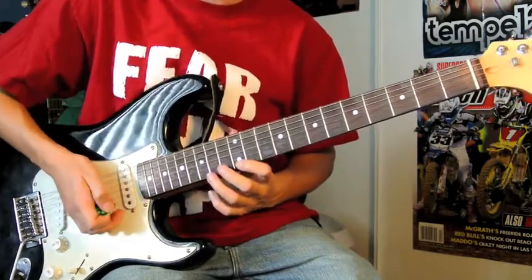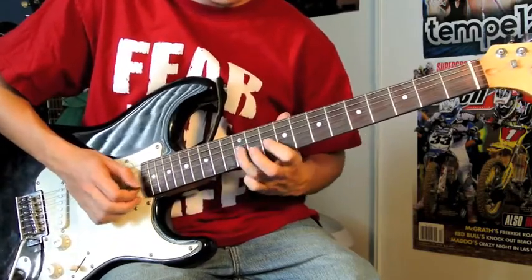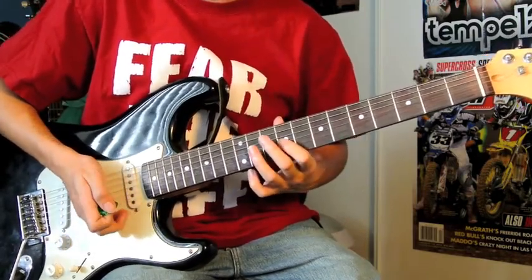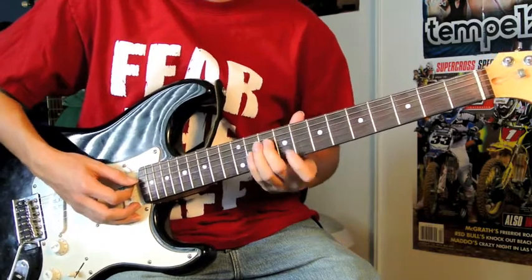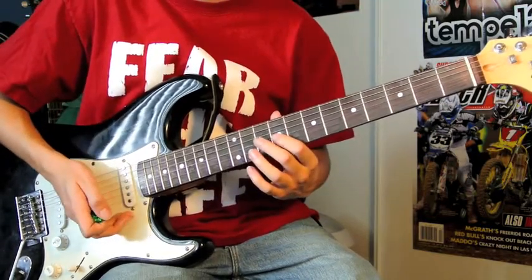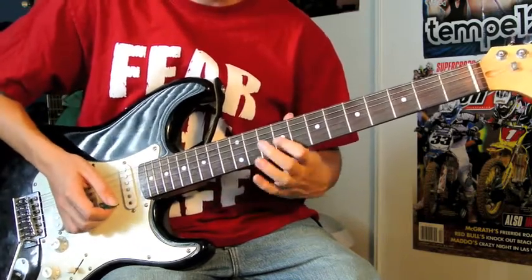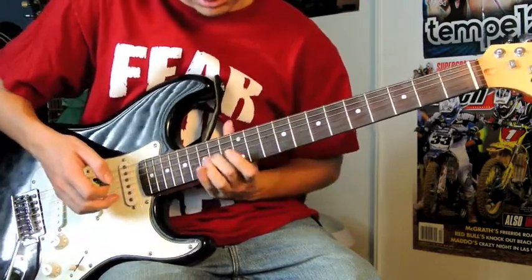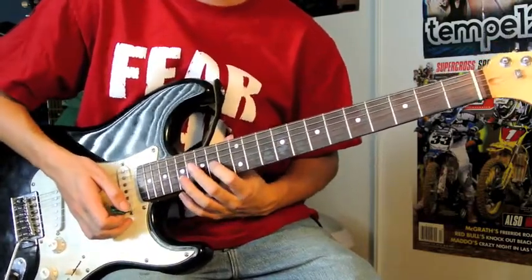So I'm gonna slow it down for you, starting from the beginning of the fast part. Right there. That's all that first measure is. And then it's fairly easy from that point on. Then you can hit 10 on the A string. Hit 9 twice on the D string, and then just hammer on, pull off, hammer on, pull off a couple times, yeah, hammer on a couple times, and then slide it up to the 14 right here,